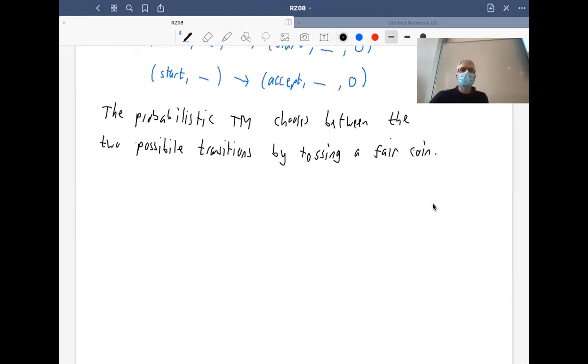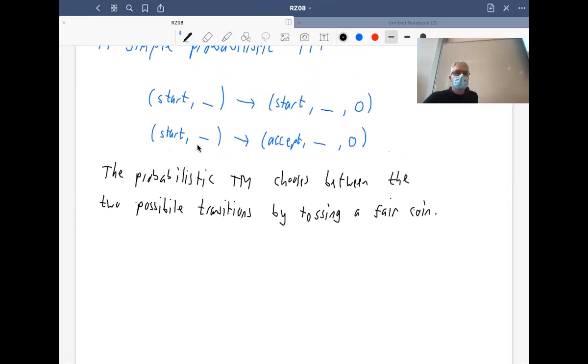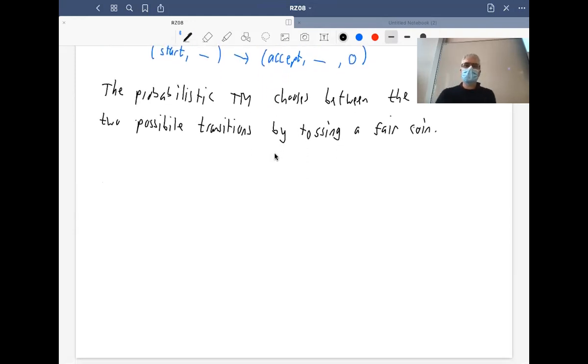So this Turing machine has very simple behavior. All it can ever do is accept, or it might potentially, if we say heads to go to start and tails to go to state accept, if it keeps on tossing heads, then it'll just loop forever. Of course, the probability of that happening is 0 in the long run. Eventually, with probability 1, we're going to go at some point to state accept. So we see that this Turing machine is very simple, but it illustrates a few of the concepts